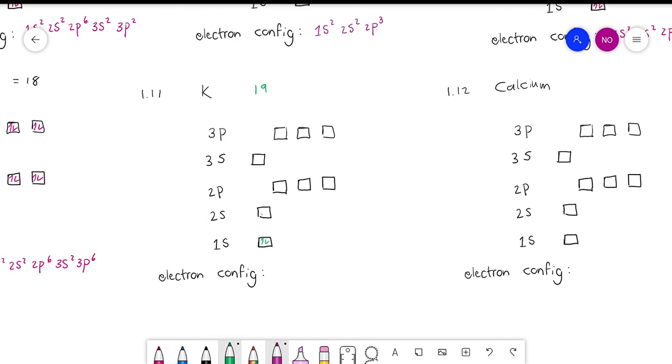1, 2, 3, 4, 5, 6, 7, 8, 9, 10. Daar's ons weer by neon. 11, 12, 13, 14, 15, 16, 17, 18. Daar's ons weer by argon. 19. Hy het een te min blokkie daar. Okay, so it's 1s2, 2s2, 2p6, 3s2, 3p6, 4s1. So as ons gaan kyk na sy aantal valensie elektrone,